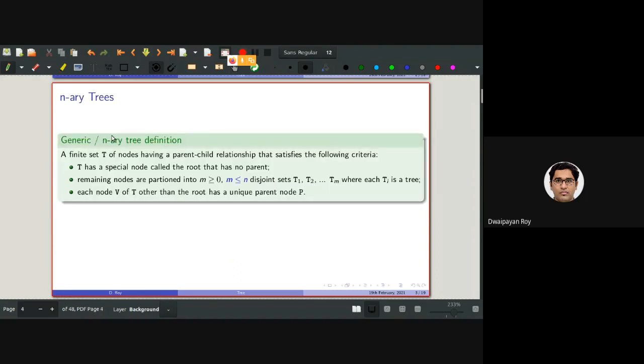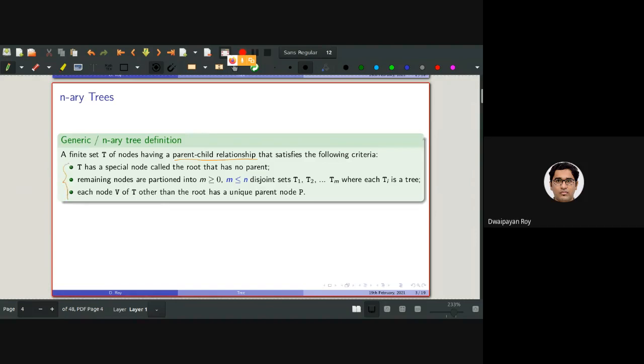So the definition of a general n-ary tree is, it will be a finite set of nodes having, this is very important, having a parent-child relationship that also follows these three criteria.